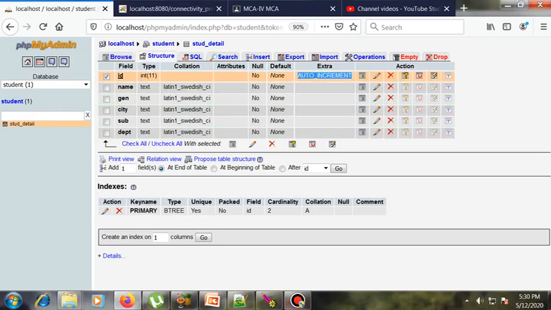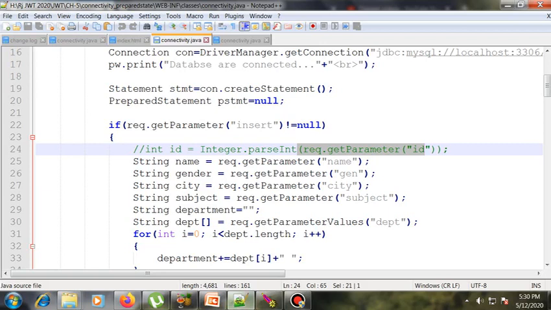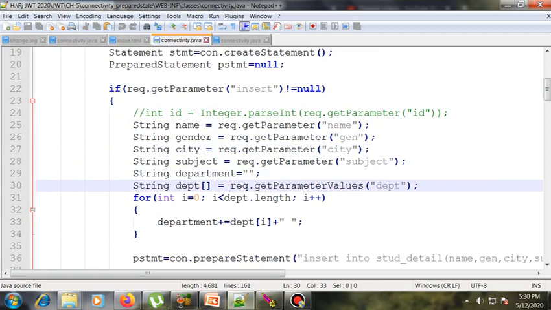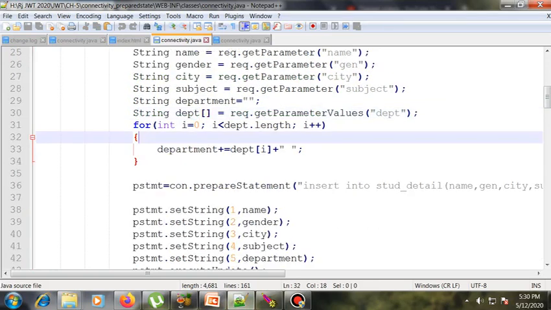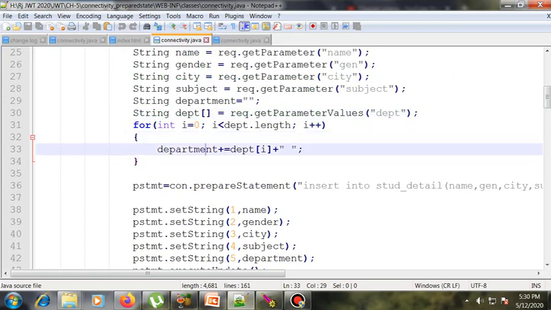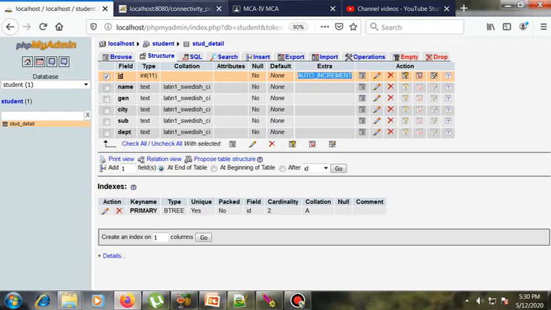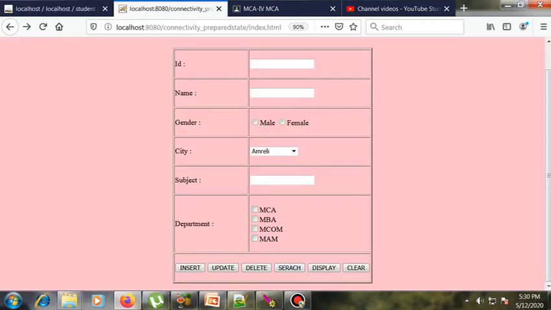That's why we are not getting that parameter. It is automatically incremented when inserting the records. Second, we are getting the name, gender, city, subject, and department in check boxes, so we are creating the array. So how do we fetch the values? You have to create a loop, and through the loop each and every value will be obtained.